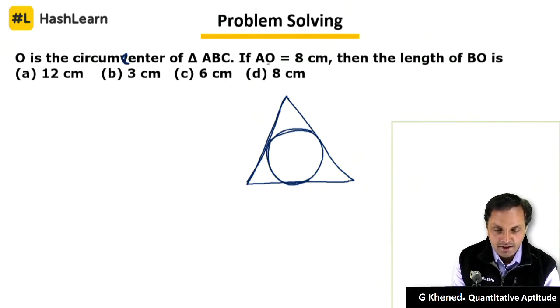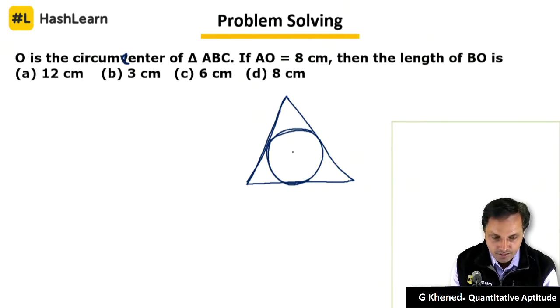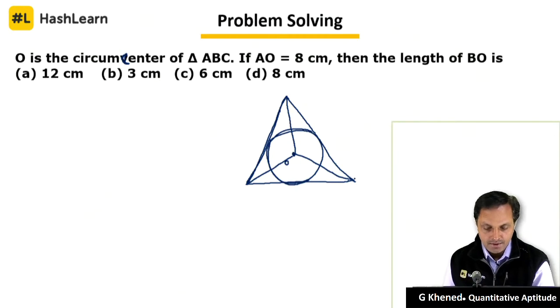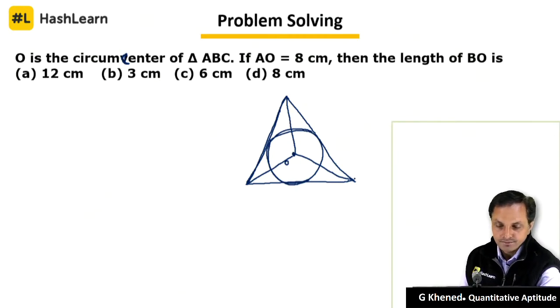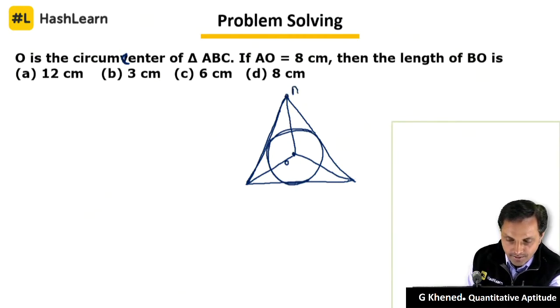Circumcenter of the triangle ABC, AO is equal to 8, this is O. You have to make a note. Circumcenter means the distances from the vertices